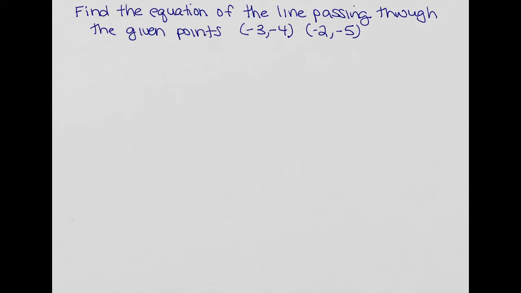This one, the directions are the same. It's just that we're not given the slope on this one. It says find the equation of the line passing through the given points. So in order to use the point slope formula, we have to have the point and a slope. So since we have 2 points and we don't have the slope, we need to find the slope. So we can use the slope formula, which is